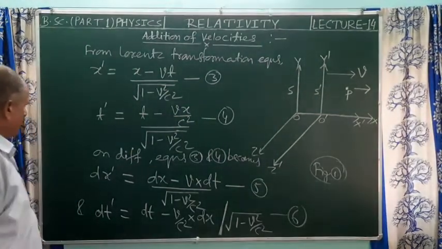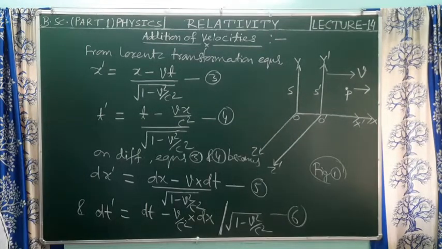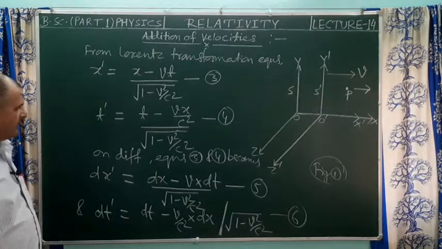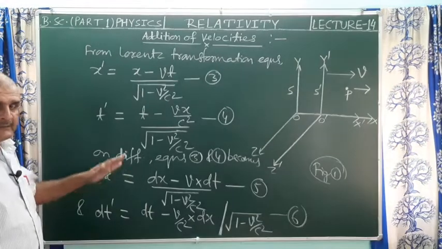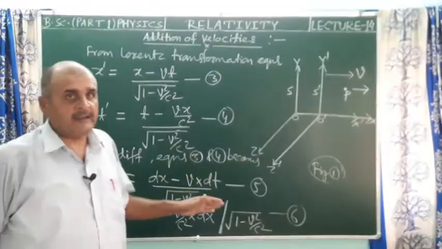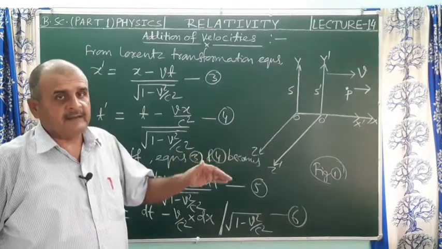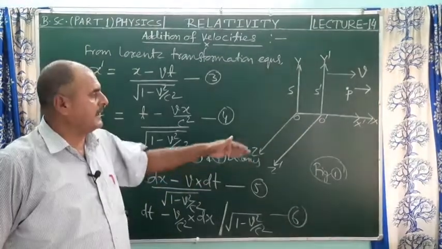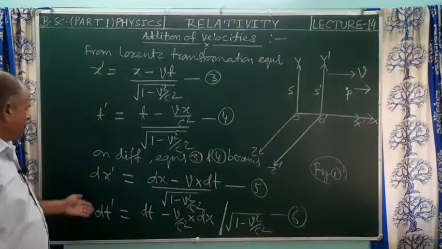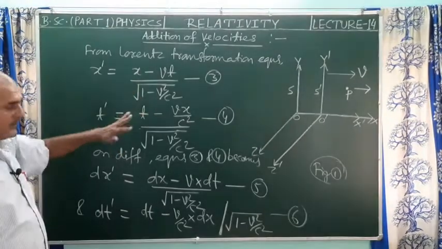The velocity of the object in frame S is u equals dx upon dt, and u dash equals dx dash upon dt dash is the velocity of the body as measured by the observer situated at origin O dash of frame S dash. Since we have obtained dx dash and dt dash after differentiating equations 3 and 4,